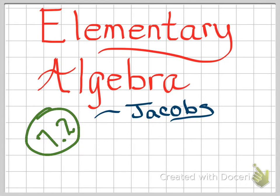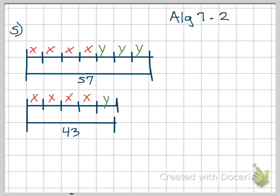Hey guys, okay, so we're still in chapter 7 in Jacob's Algebra, and we are working on simultaneous equations. And in lesson 1, we learned that if we add them together to eliminate one of the variables, we can solve for both the variables at that point and check our work. So today, instead of addition,